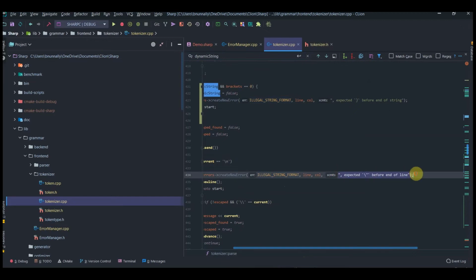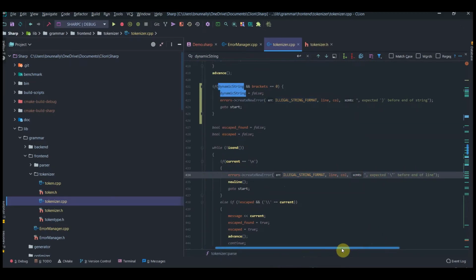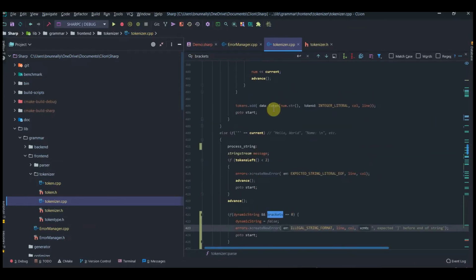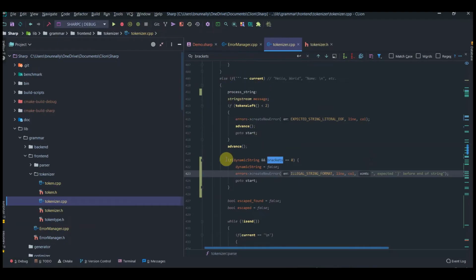We expected something else before the end of the line. So we wanted the string to basically end before the user hit new line. Actually go up to the additional logic. You can also see here that I have if dynamic string and brackets is equal to 0, we basically